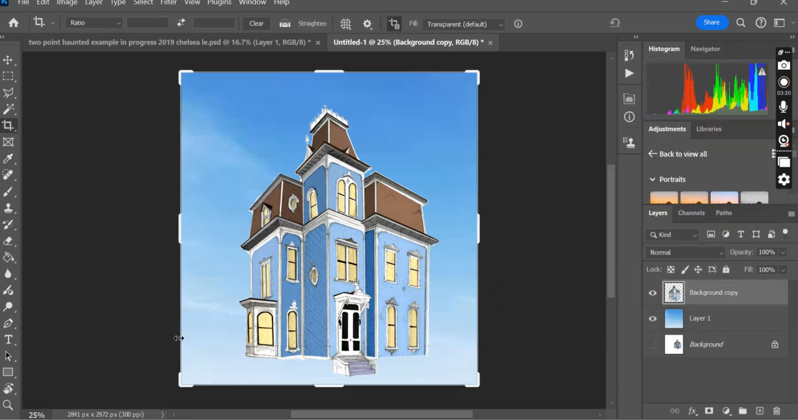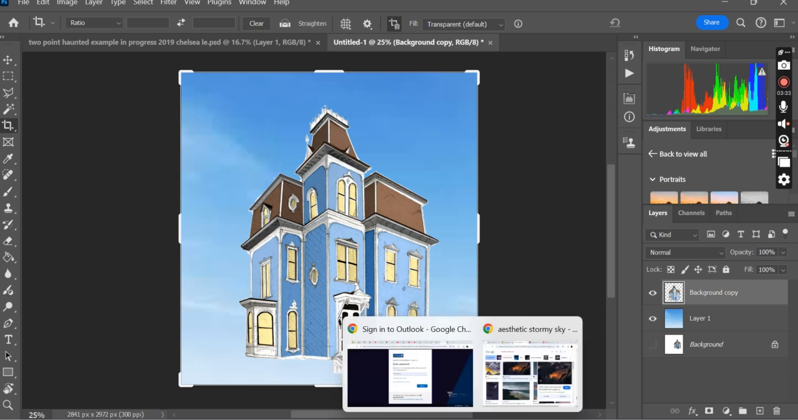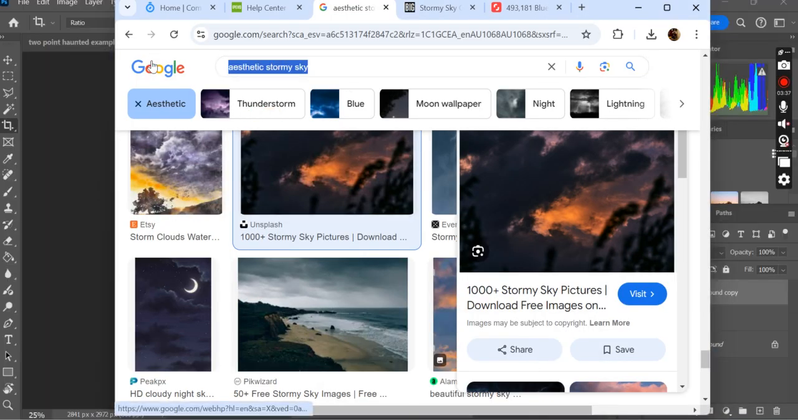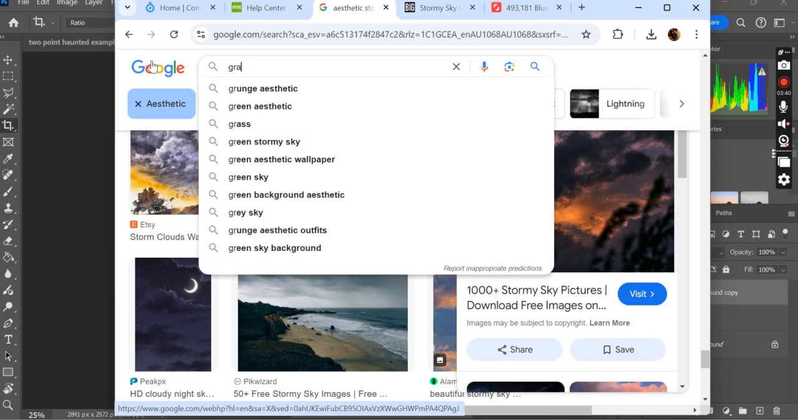Okay. Now, of course, we need some ground. So I haven't gone and done that, but the same principle applies. I can get some ground, some grass, pictures of grass, and insert that. Okay. So, well, who knows? Maybe grass,